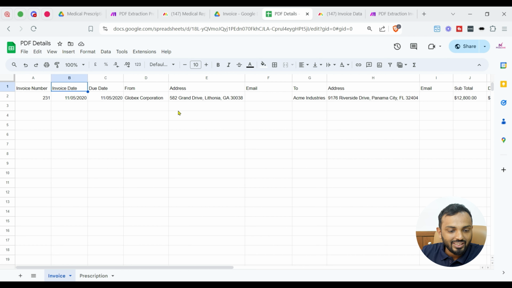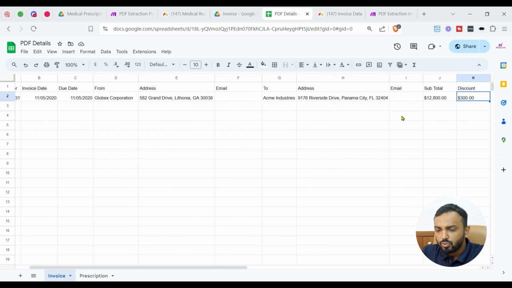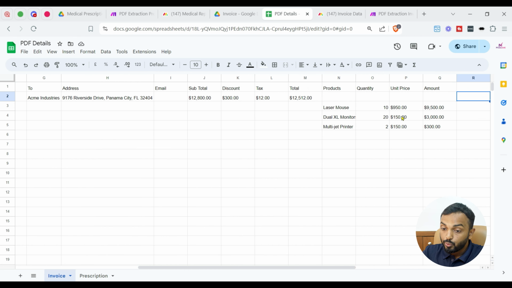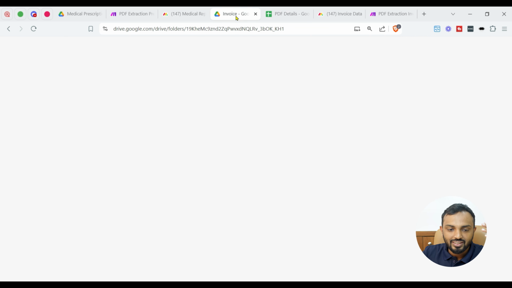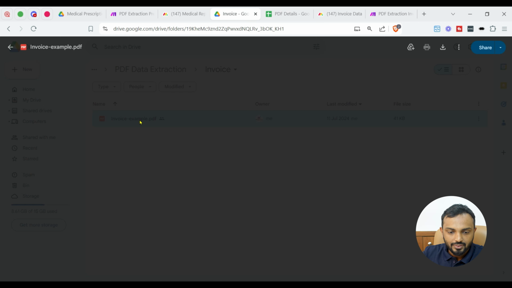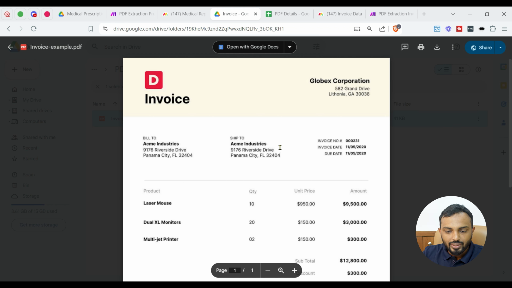Google Sheet. You can see the invoice date, due date, from address, then subtotal, and if you go towards the right, you can see the product information, quantity, unit price, and amount all scraped beautifully. So let's just verify this. If we go to the invoice, let's open the invoice. So you can see here,